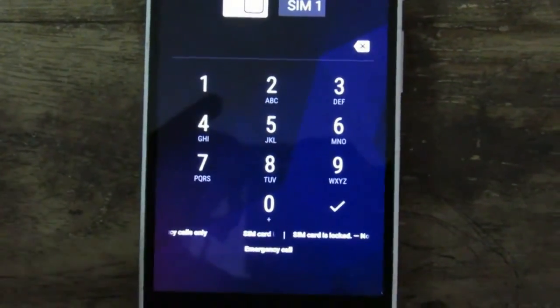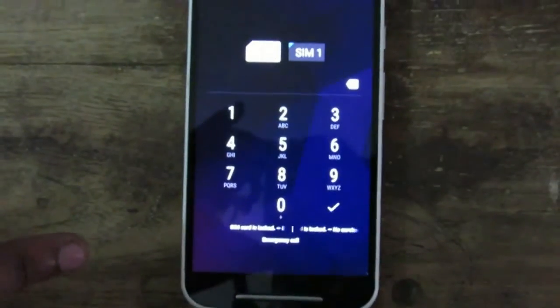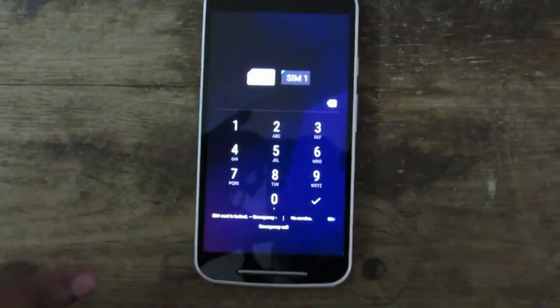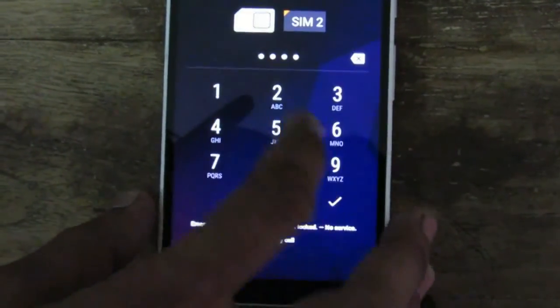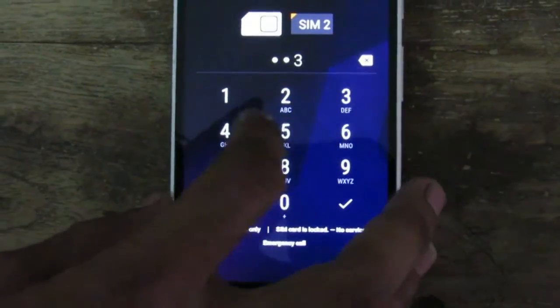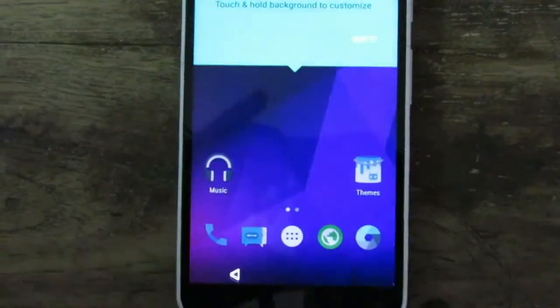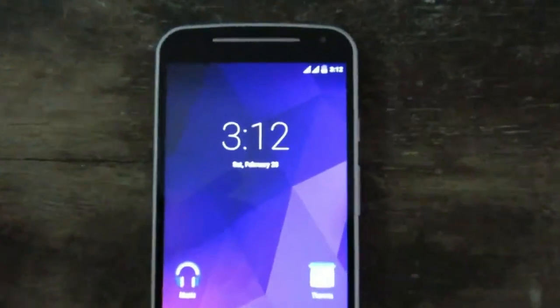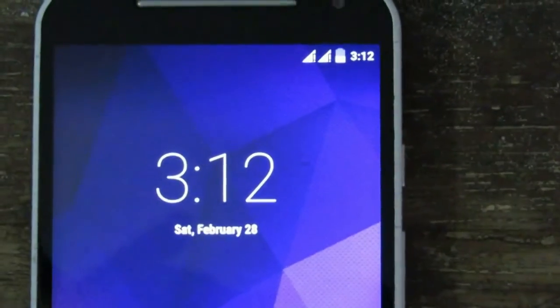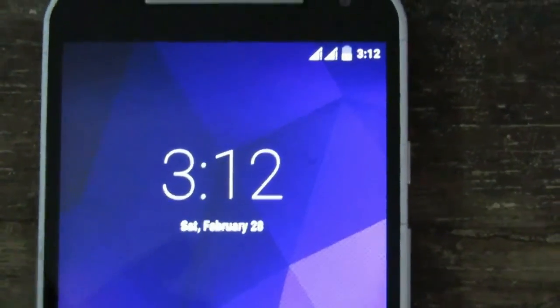Watch my video on how to fix the network, so you'll understand why I locked the SIM cards. Here you can see I have got the network successfully. That's why I said watch my video on how to fix the network before proceeding here.